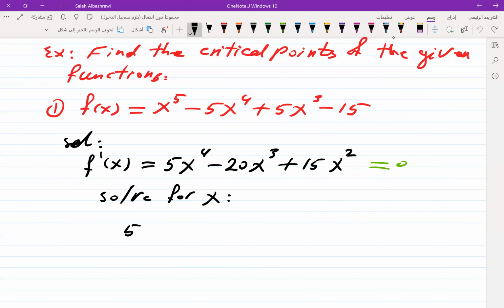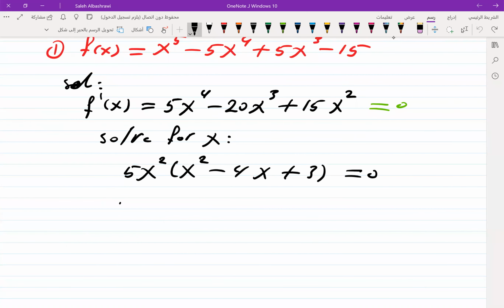I will take 5x squared as a common factor. Then I will have x squared minus 4x plus 3 equal to 0. By factoring, this is equal to 5x squared multiplied by x minus 3 and x minus 1 equal to 0,